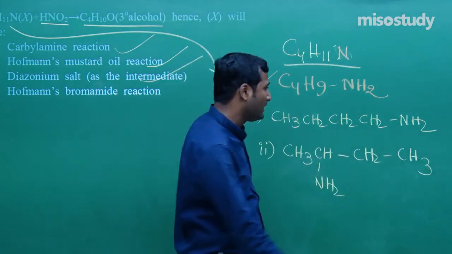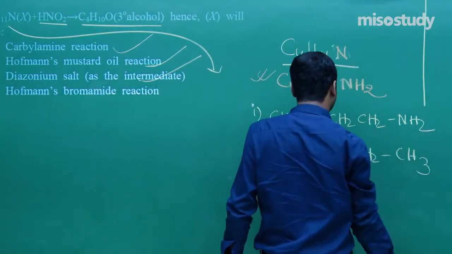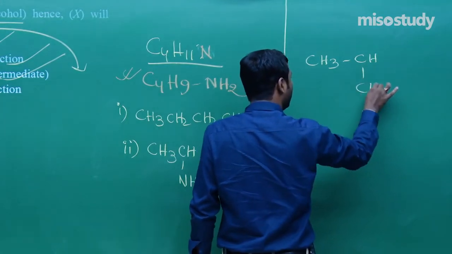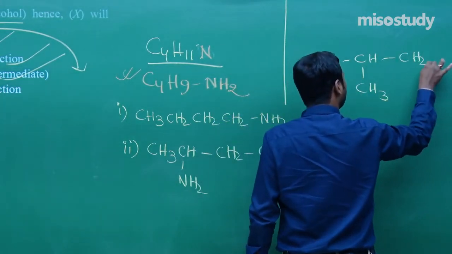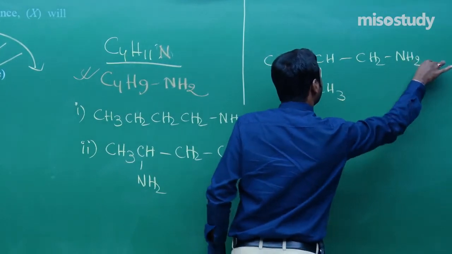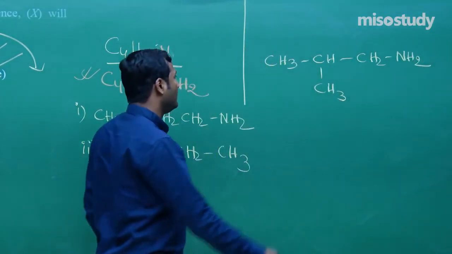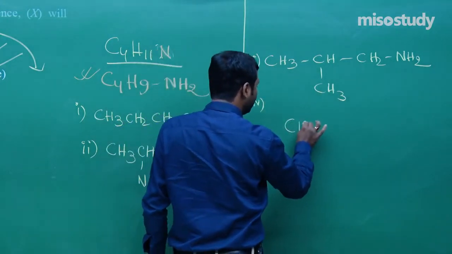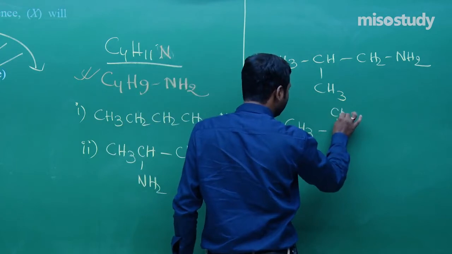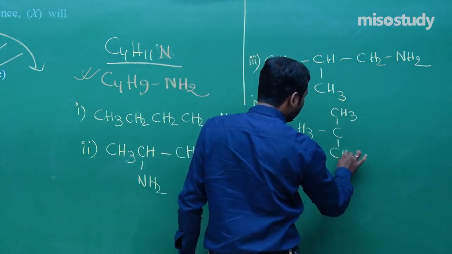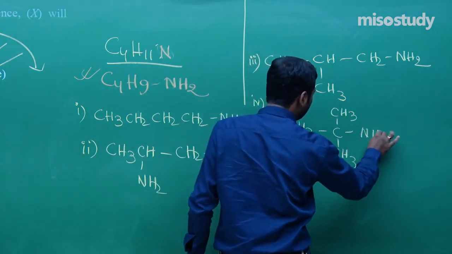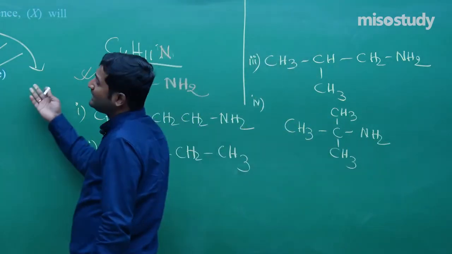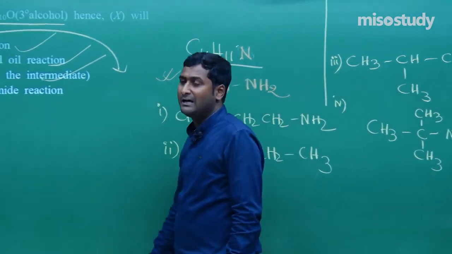What is the third one? Sir, it's very simple. The third one is CH3, CH, CH3, then CH2, then NH2. 1, 2, 3, and 4. This one is the third one, and the fourth one is CH3, CH3, CH3, then NH2. This is also a fourth form, and in this case we can easily observe that if it gives alcohol, then the product